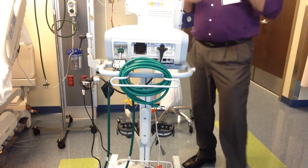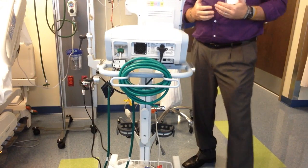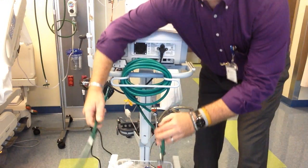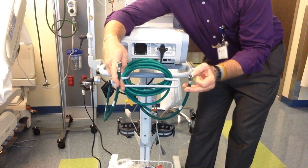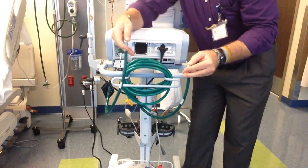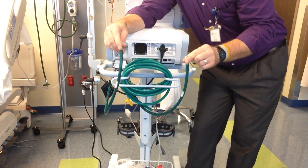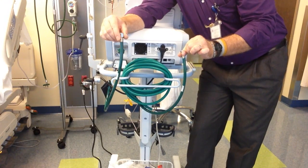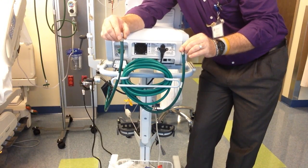The yoke systems, or holders, they're tank holders. You can put two E cylinders on this, and this is what is called the manifold. Each one will go to a 50 psi connector on your E cylinder. The common question is, can you use one tank at a time, or do you want to use two tanks at a time? In practice and in just experience, it all depends on the FiO2 and the demand of the